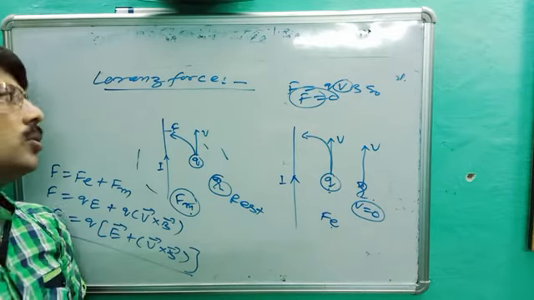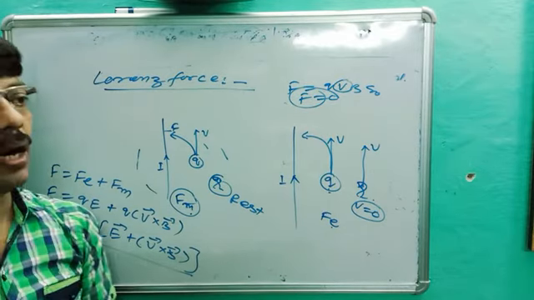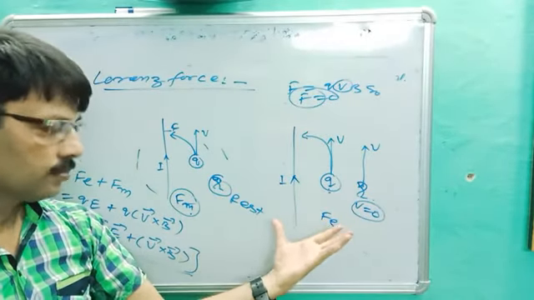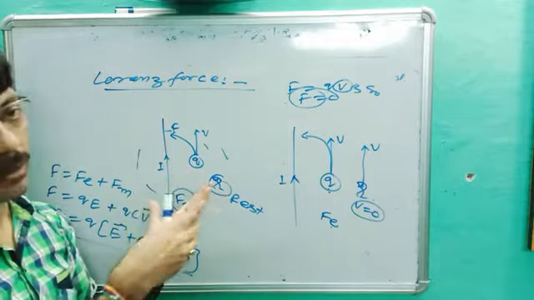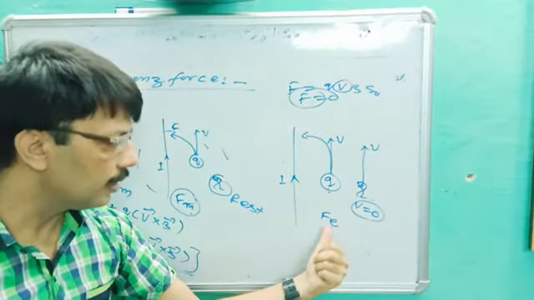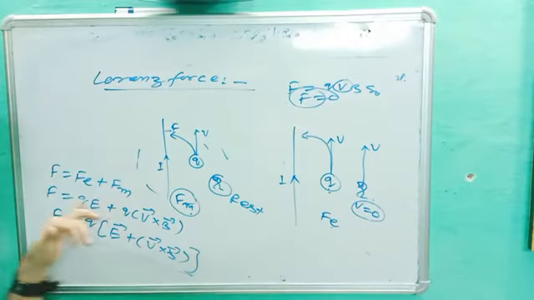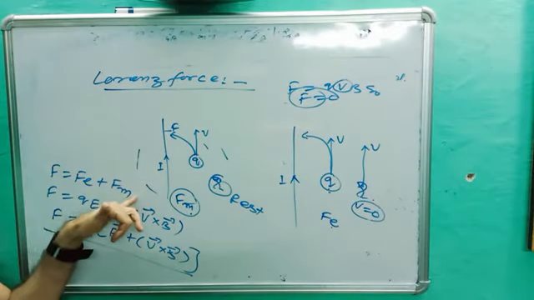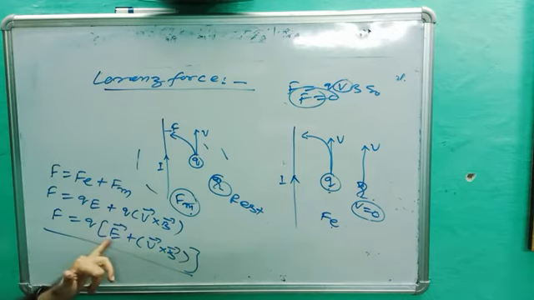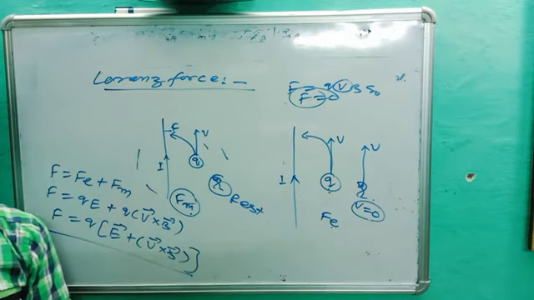Are you getting the point? So this is all about force on a charged particle. When a charged particle is at rest or in motion: when it is in motion, no doubt it creates the magnetic force. When it is at rest, with relative velocity 0, it creates the electric force. Hence the sum of electric force and magnetic force is called the Lorentz force, and the formula is F is equal to Q times E plus V cross B. Okay, that's all for today.